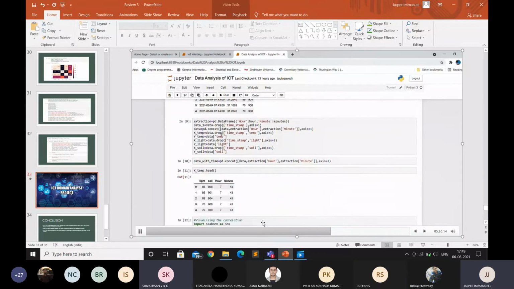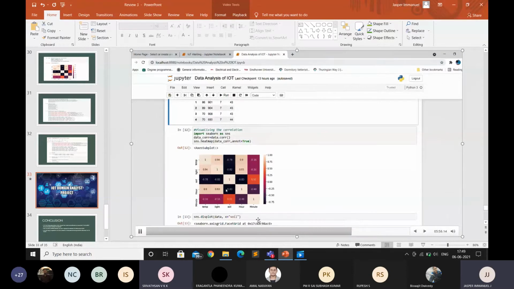So as we already told, we'll be using 3 different cases as the target variable. We don't know which one will have better accuracy. So we have taken 3 cases, like temperature as the target and the other parameters as the feature set, and vice versa. In this case, we could see we have taken the temperature as the target variable and the soil moisture level and light as the feature set. So we did all the 3 different parameters.